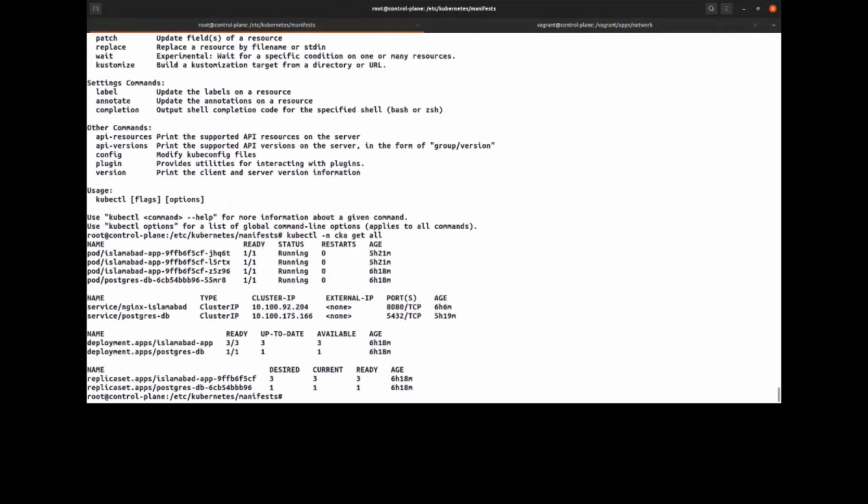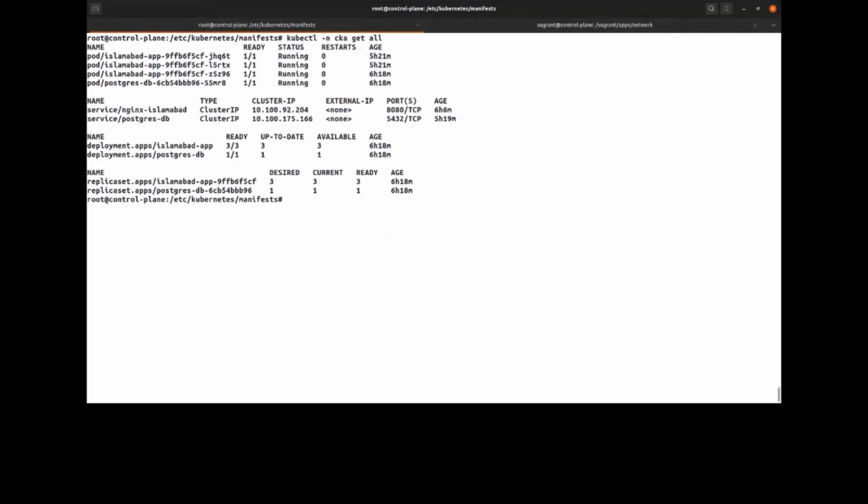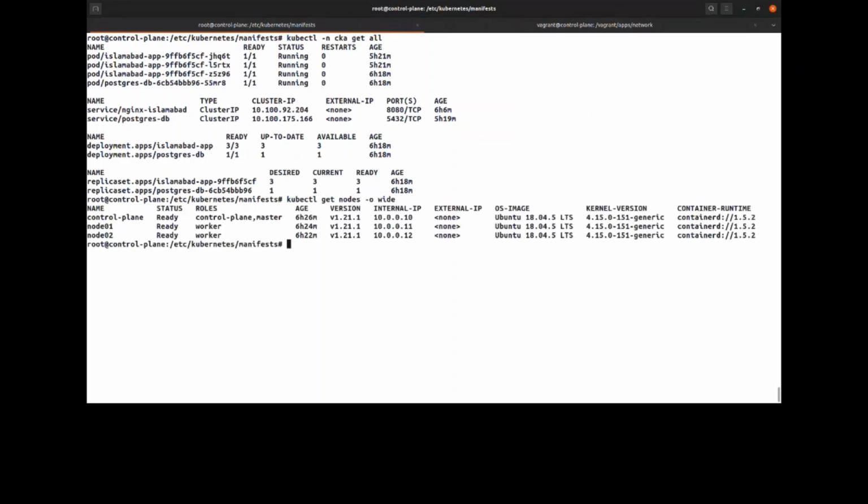Okay. Now this is a very simple exam question. Very simple exam question. They want you to explore. They want you to know. Do you know how you can get the nodes? For example, yeah, I can do kubectl get nodes. And do you know how to get their IPs? Yeah, I can do kubectl get nodes -o wide. So basically, these are very simple questions, and you should be fast in getting information. So if the question is asking you what OS image is running, you know, what kernel version.